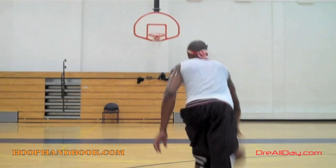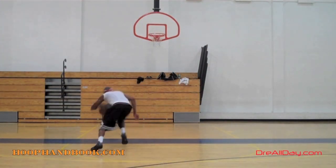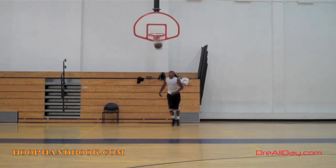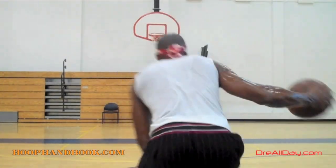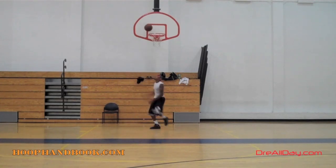This time we go in the other direction. So you're going to do the hands up, scissor crossover, and instead of pulling up for a jump shot, you're going to drive in and finish at the basket, like I said before. Any move that you can do to get a jump shot, be able to do that same move and drive into the basket. That doubles your options depending on how a defender's playing you,